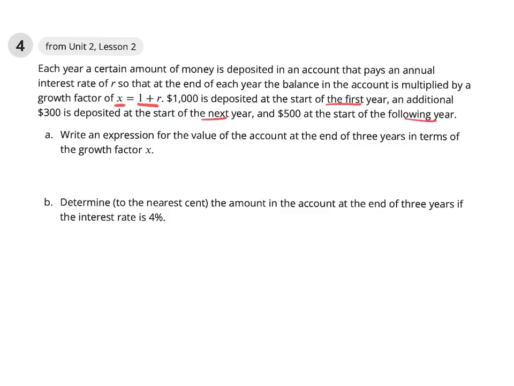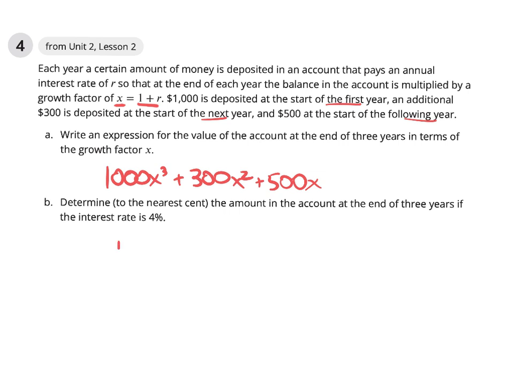So now, 1,000 was deposited first. That grew over 3 years. 300 was deposited second. That only grew over 2 years. And 500 was deposited last. So that only grew over 1 year. And now, if the interest rate is to the nearest 4%,